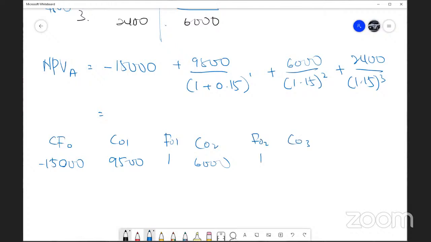CF3, cash flow number 3, 2,400. And then frequency of cash flow 3, only one time. Key in your I/Y as 15. Then lastly, compute NPV. These two will have the same answer. Okay? Both of it, you should be getting